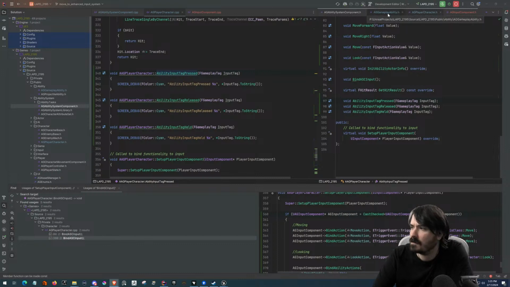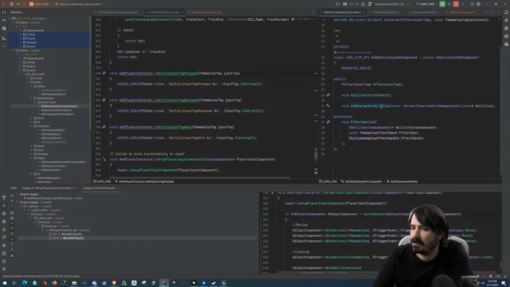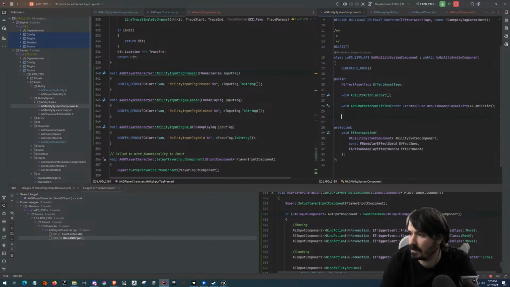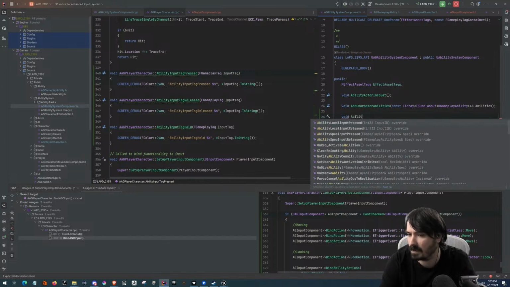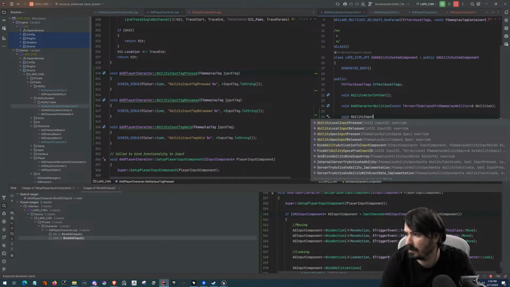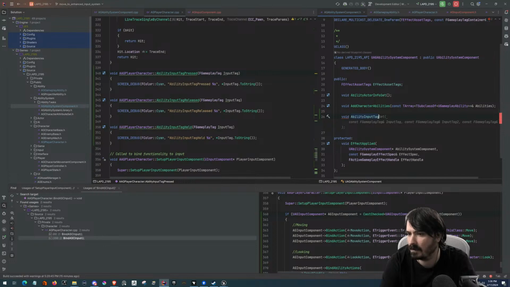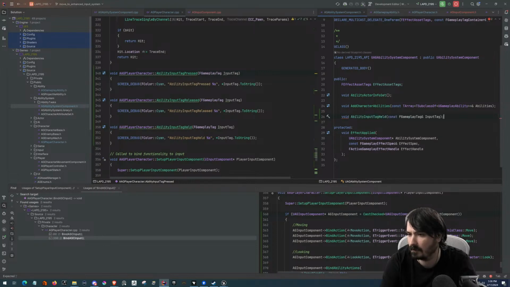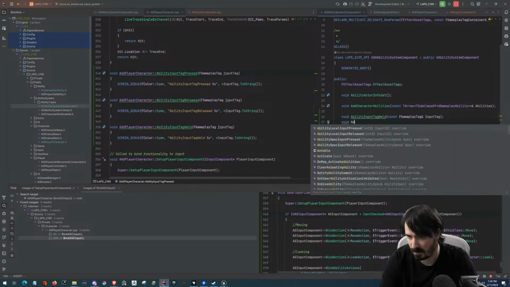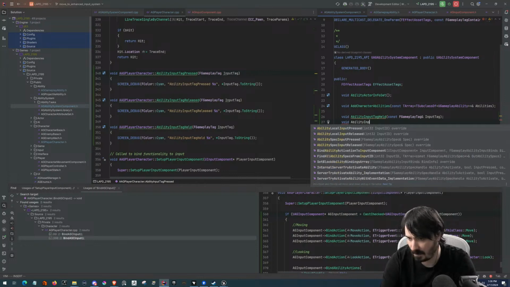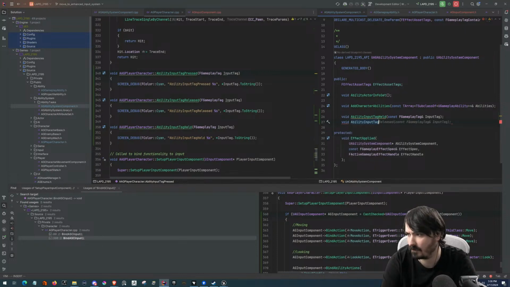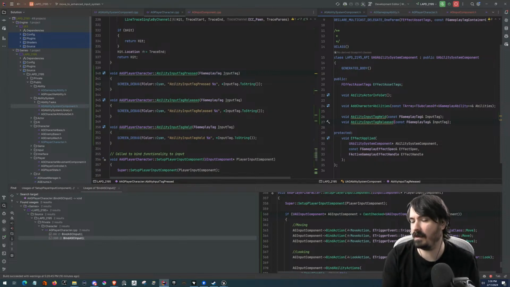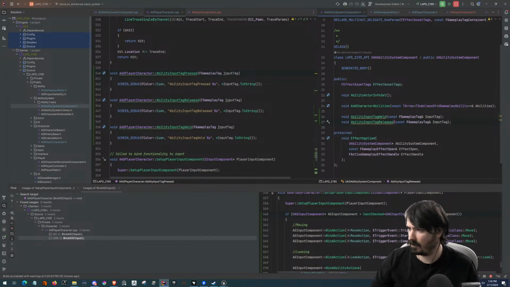Okay, so this will go in our ability system component here. We're gonna do this as public void ability input tag held, void ability input tag released. I really think that there should be one more, but